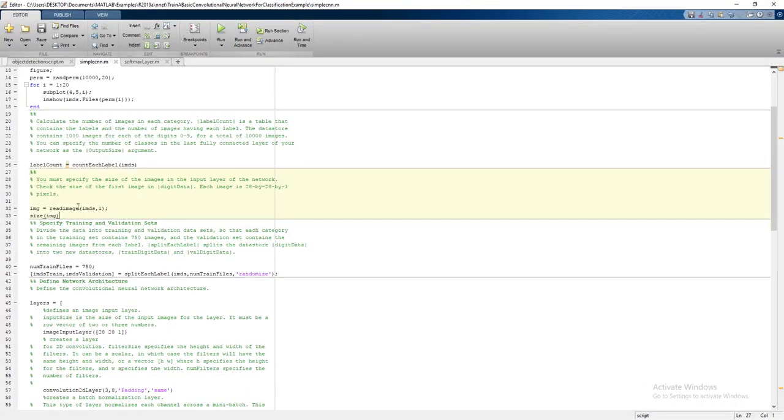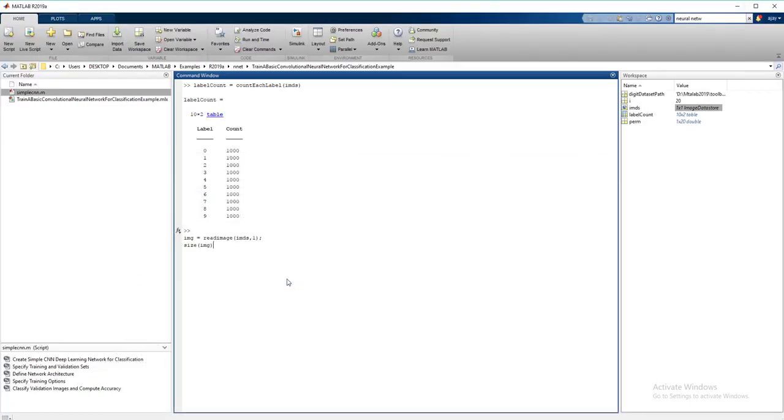Moving forward, you need to know the size of the input image in MATLAB. One problem with built-in functionality, not only in MATLAB but in the entire deep learning field, is that you need to resize all the input samples to fixed dimensions. Right now we have grayscale images, and each image size is 28 by 28. Once you have the size of the images, you can design your deep neural network.